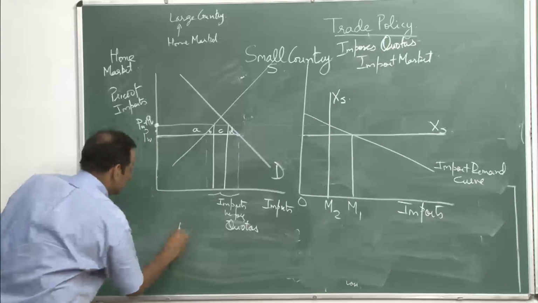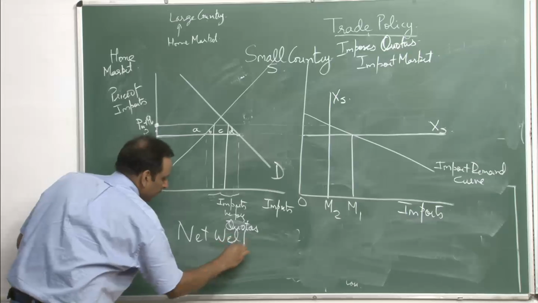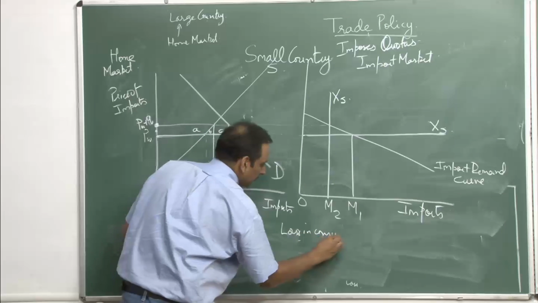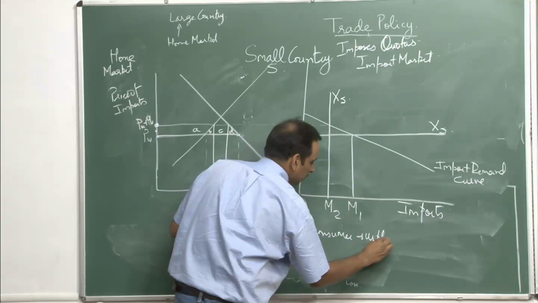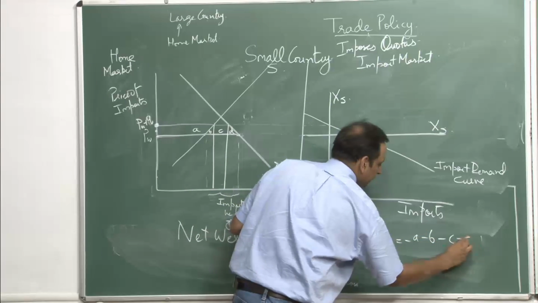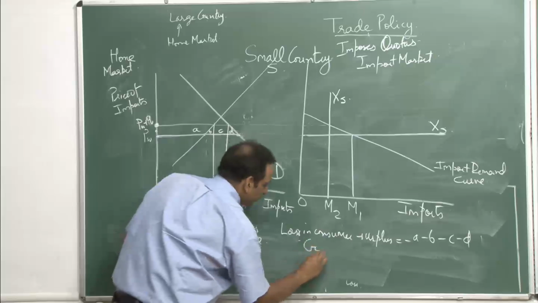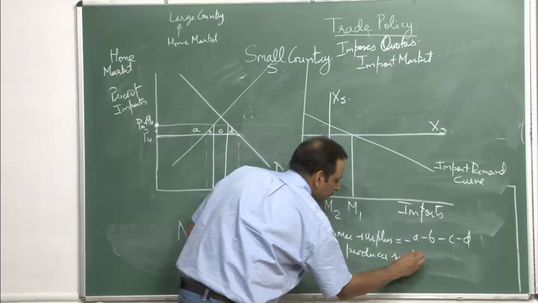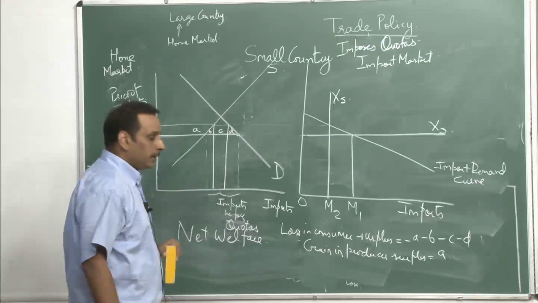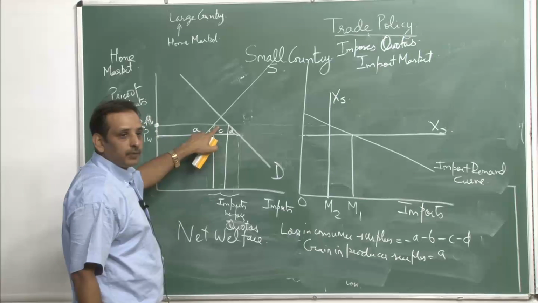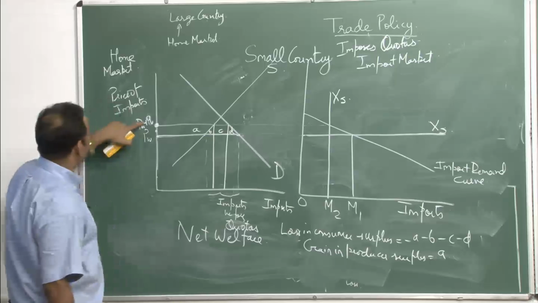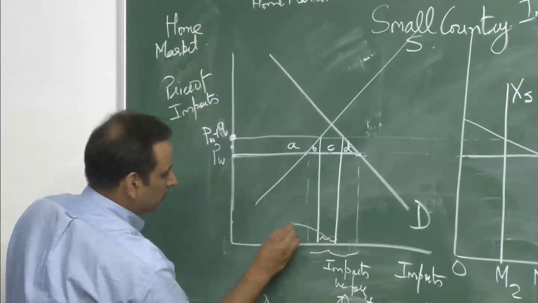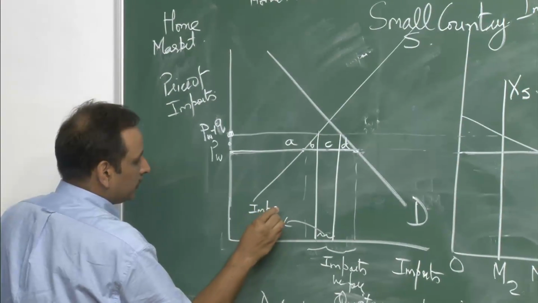So, the net welfare for this country, let us look at the net welfare: loss in consumer surplus, minus A minus B minus C minus D; the gain in producer surplus because the domestic price of the same product has gone up, A. But then it is not tariffs, but C, which is the difference between PW plus Q and PW, C into the imports after quotas